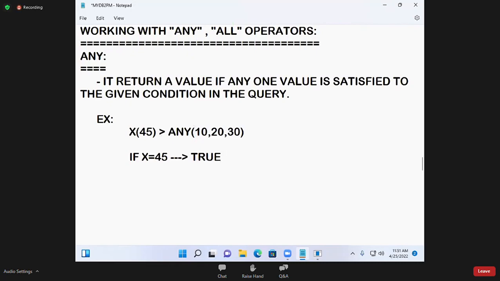That means true means what now? It returns a value. Okay, right. Next case, the second case: if x is equal to